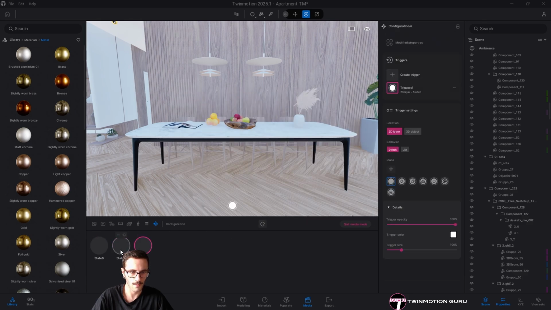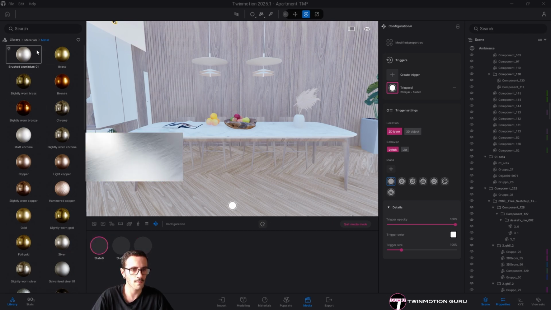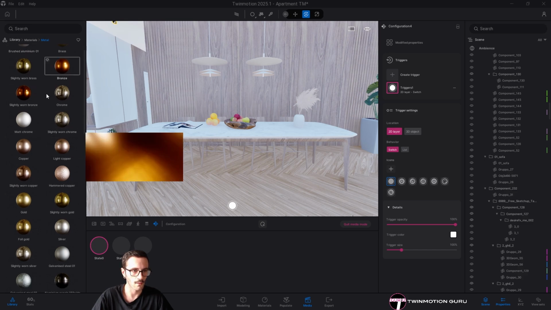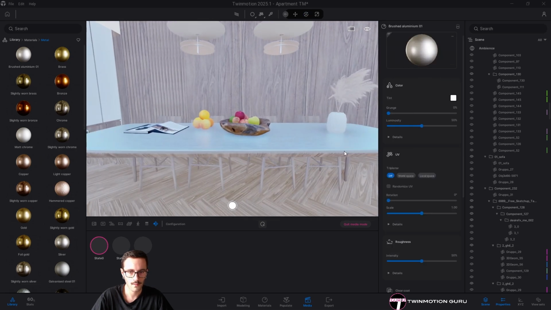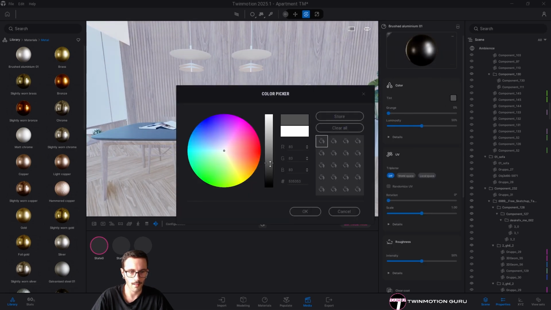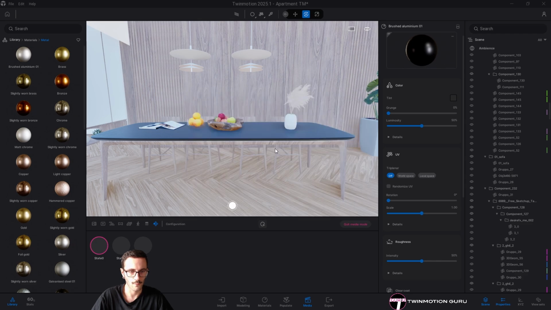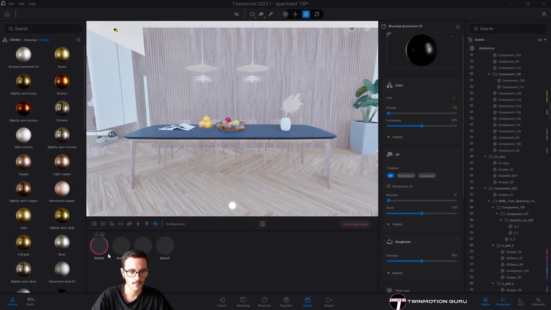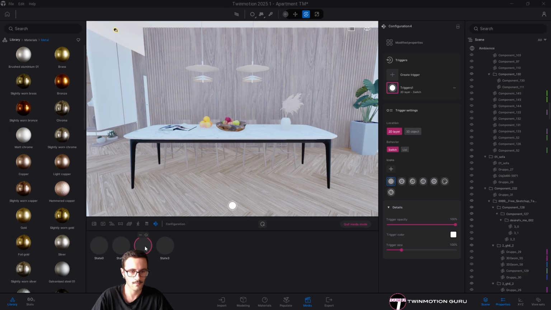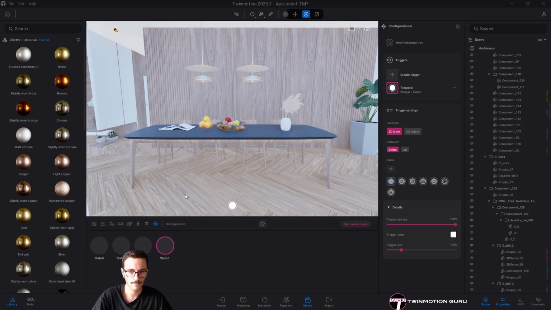Let me just see. Oh yeah, perfect. And what if, I don't know, maybe we want something like another material from this, but maybe black. Of course, I'm just using sample materials. So this one, this one, this one, and this one.